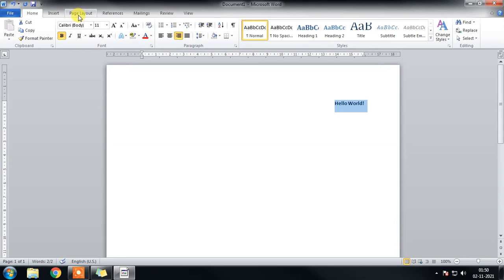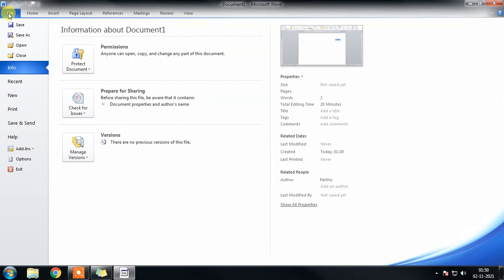The first tab, the File tab, is different from other tabs. When we click on the File tab, the view is different. The File tab holds commands such as Save, Save As, Open, Close and Print. These commands are used to control the application. The complete view that we see when we click on the File tab is called Backstage view. The Backstage view appears when you click on the File tab.